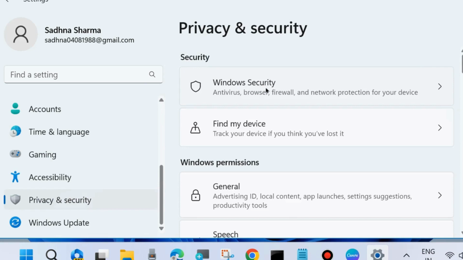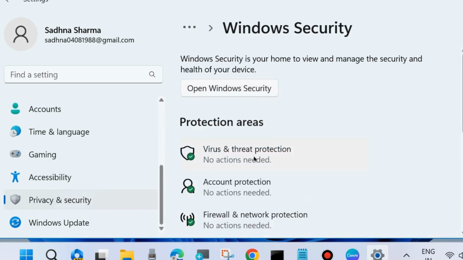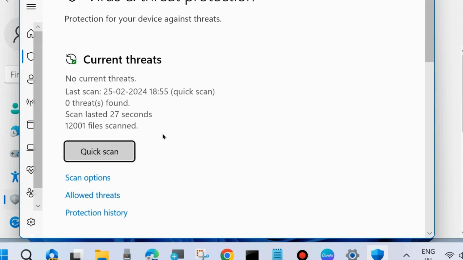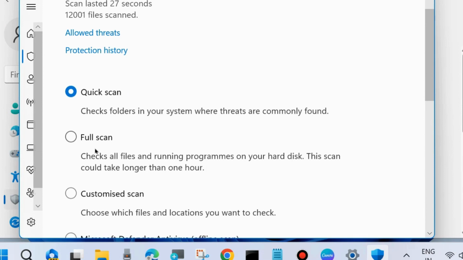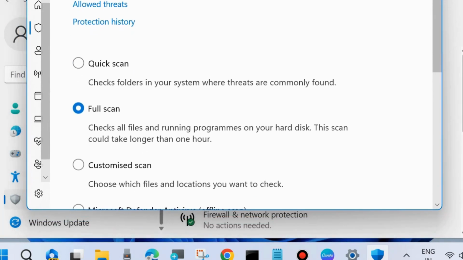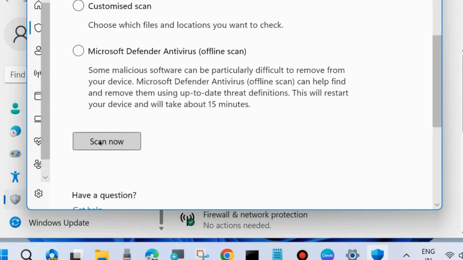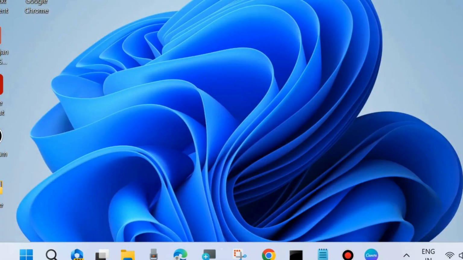Thereafter, go to Privacy and Security, Windows Security, and Virus and Threat Protection. Click on Scan options and choose Full Scan. And finally choose Scan Now. Scan your system for any malware or virus attack, and after that